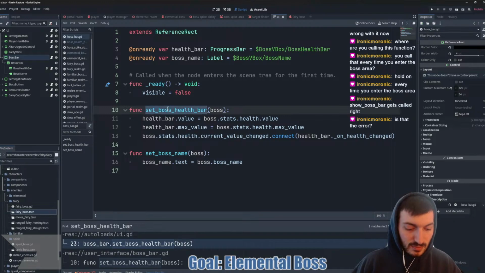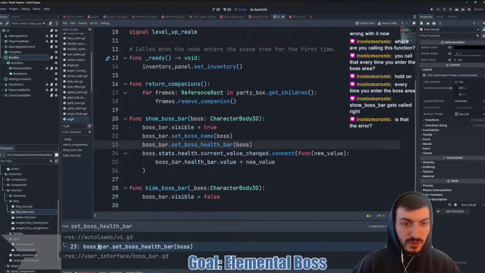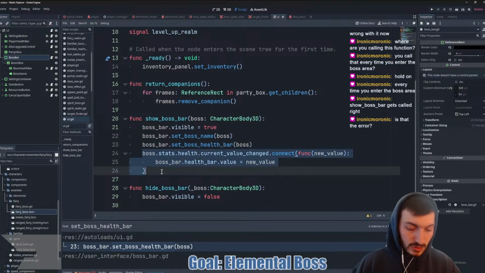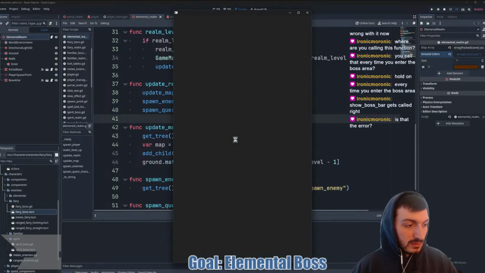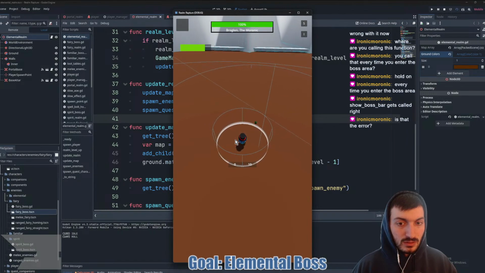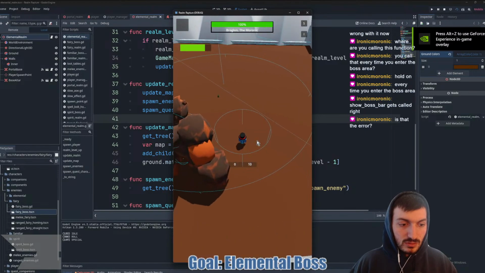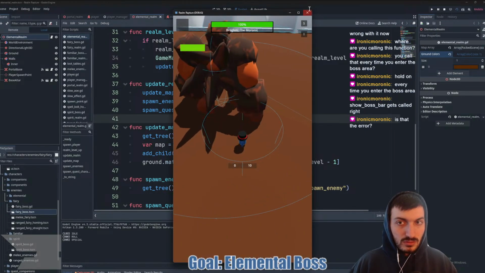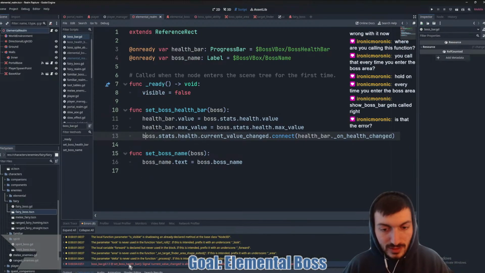Boss. Where's the set being called though? Function set boss bar dot, which is in, so it's calling it twice. So if we get rid of this, elemental realm play, okay, the boss bar is showing. We do have 8 errors. Let's see what the 8 are. No, it gets called again, already connected.